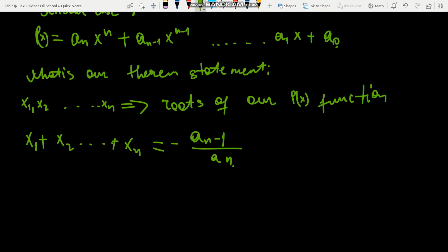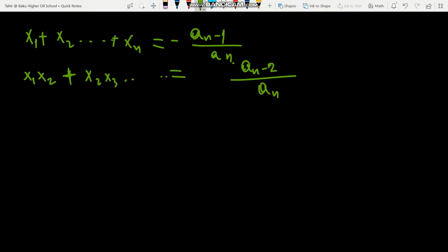And when we write the sum but multiplying two terms and another two terms, and just write the multiplications two by two, we will get a_(n-2) divided by a_n, and then we will write the multiplications using three roots,